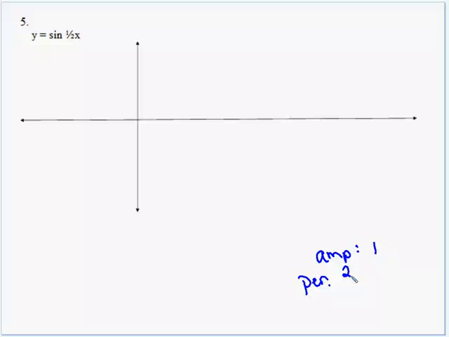The period is 2 pi divided by the number in front of x. So we have 2 pi divided by a half. And to divide by a fraction, we invert and multiply. Multiply by the reciprocal. So that'll be 2 pi times 2 over 1, or 4 pi. And as I look more at the equation here, there's no vertical shift, there's no horizontal shift, so we're good